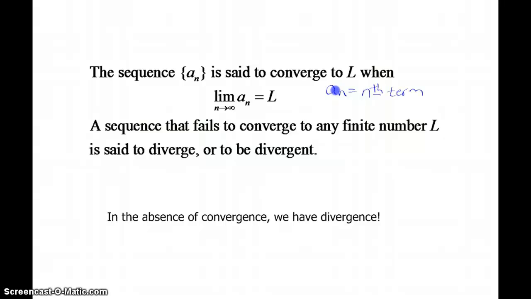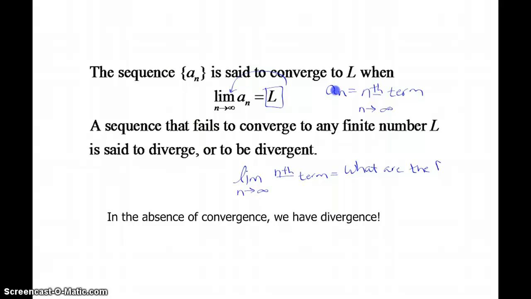And for us, these are integer values, and an infinite sequence means n, integer-wise, can go all the way up to positive infinity. So for very, very, very large input values into our nth term, what are the outputs doing? Well, that leads us to the idea of a limit. So in this limit, as n gets really, really large of our nth term, what we're exploring is what